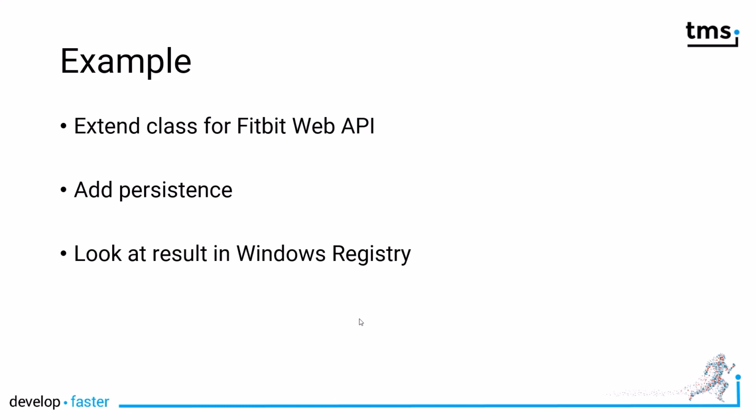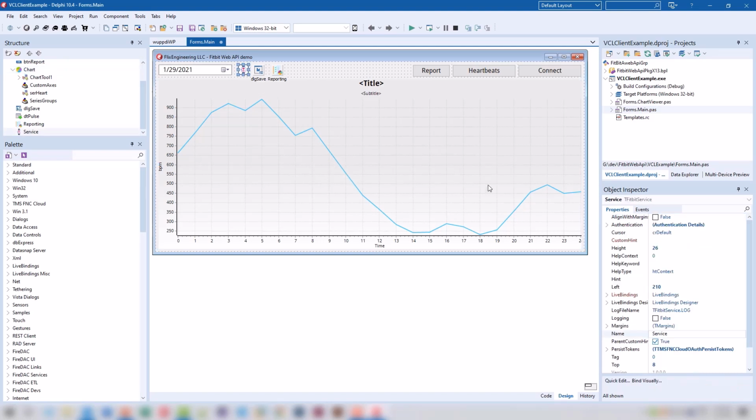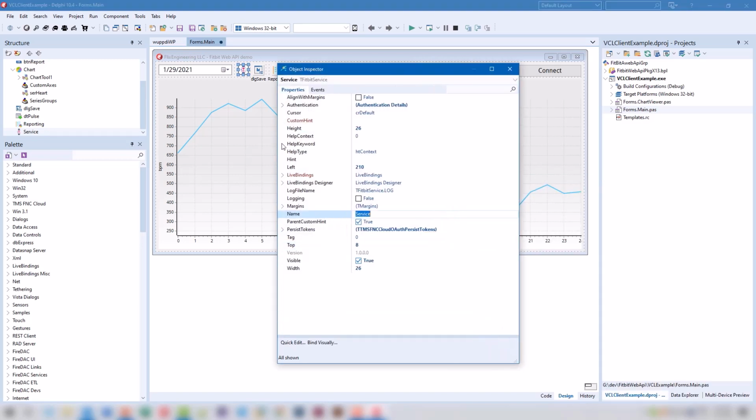And of course, we're also going to expand the Fitbit Web API component that we built to support the refresh token. Let's start with the easy stuff, the saving and the loading. If we click our Fitbit component, which we built, we can see that you have different abilities where to store your keys.